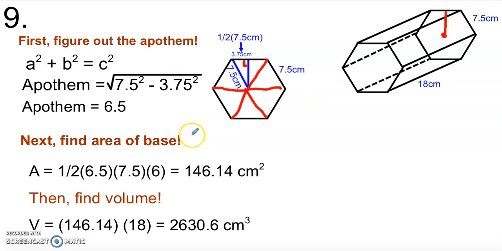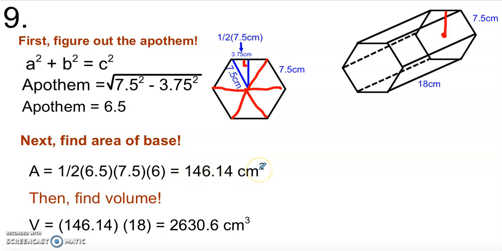And then now that we've got the apothem, we can find the area of the base, which is 1/2 times the apothem times the perimeter. So 1/2, 6.5, because that's the apothem. The perimeter is going to be 7.5 times 6, so one side length times 6 sides, and you get 146.14